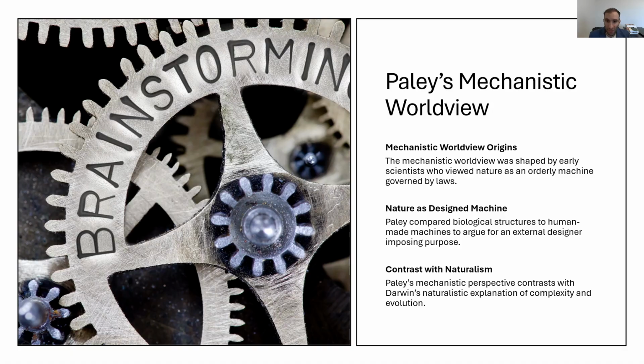A machine has many parts, all working together for some whole. For example, the computer that we're using right here has many different components. Without the different parts working together, the computer cannot run. The computer is designed in such a way that all the parts work together. Enlightenment thinkers thought this to be the case with the world.